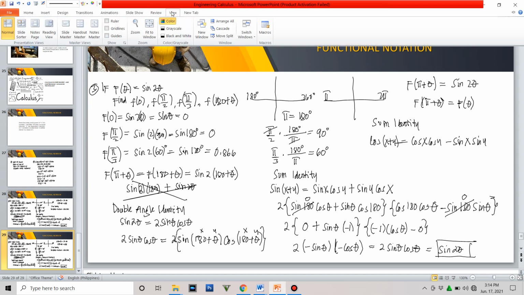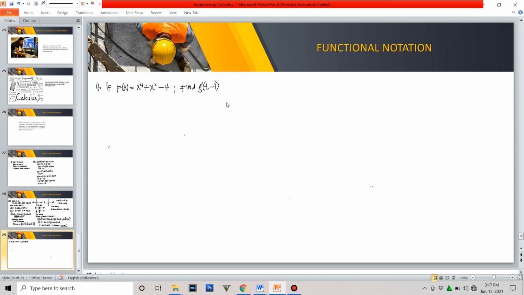Let us first delete. Okay, moving on to this fourth problem. If we have the function of x is equal to x raised to 4 plus x squared minus 4, find the function of t minus 1. So in here, we have higher degree or multi-valued functions. So meaning we're gonna expand this expression. Okay? Because this would yield to,